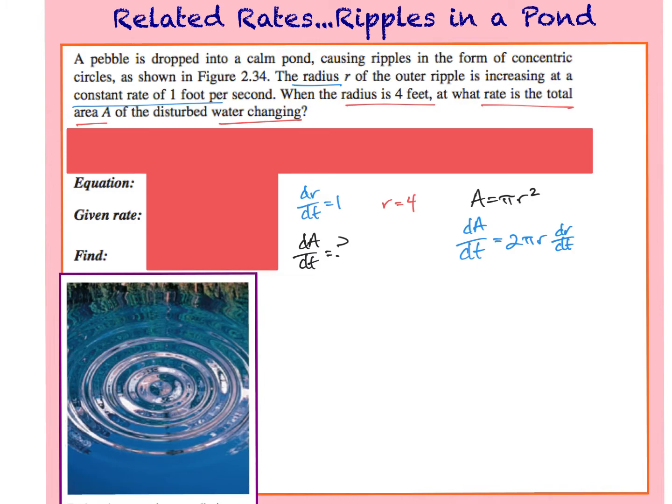All right. Now let's substitute in. So here we go. I need dA dt at my radius equals 4. So now I have 2 pi. What's my radius? 4. How fast is my radius changing? What's my dr dt? 1. So I end up with